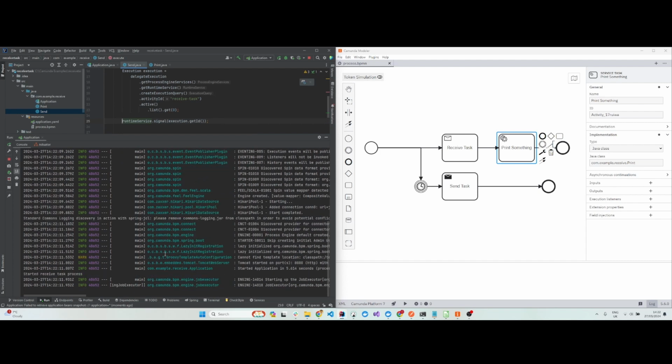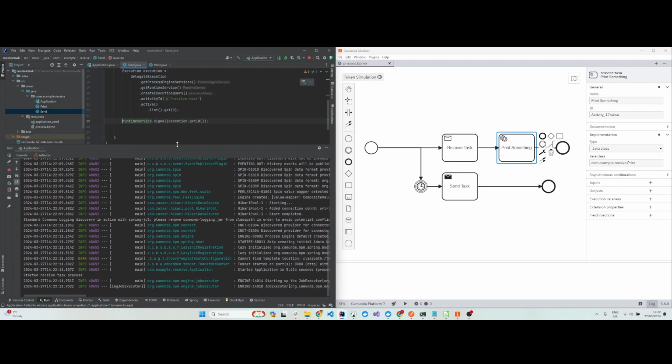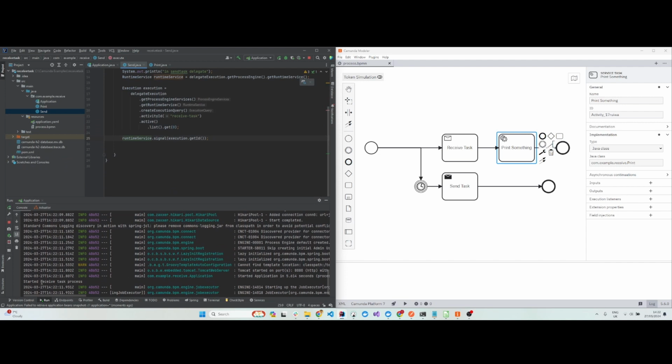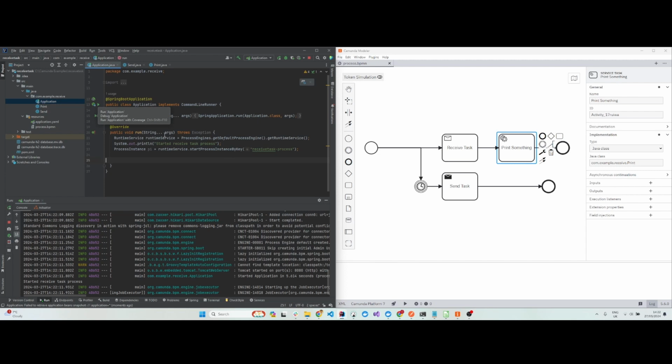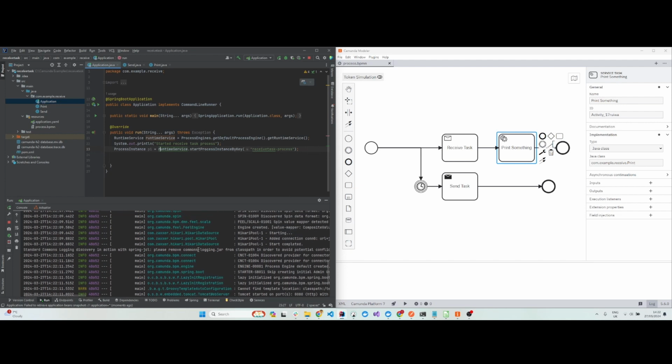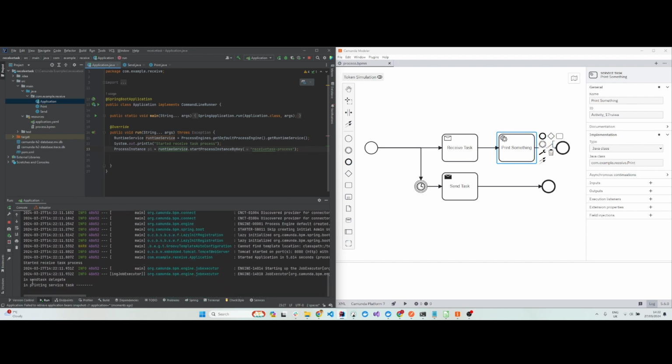Once you start the process, in the main process, I have started receive task process. In the application main file, you have this command line runner, and it says started receive task process, runtime service dot start process instance by key receive task process. So that's it. It waits there, and then after 15 seconds, it goes to send task delegate, and then the send task sends the signal to the receive task to receive the